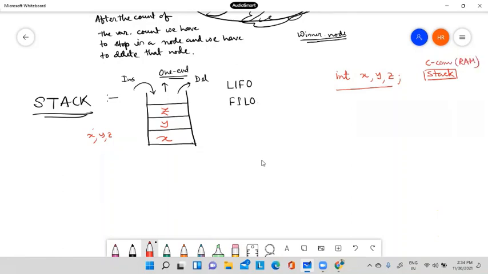In RAM for C, different types of memory are assigned. One is called stack memory, one is called heap memory. You have heard of heap memory; for dynamic memory allocation we normally use the heap memory.